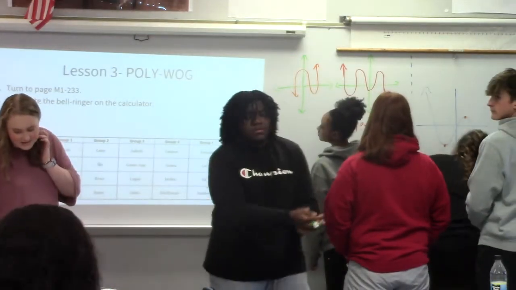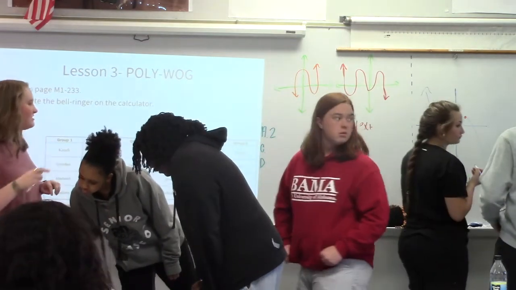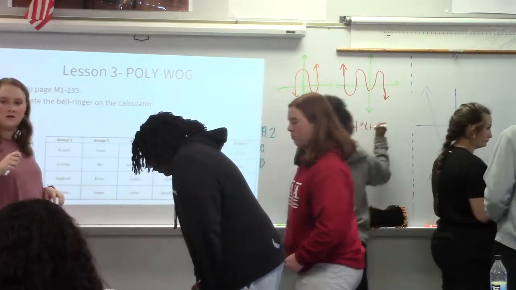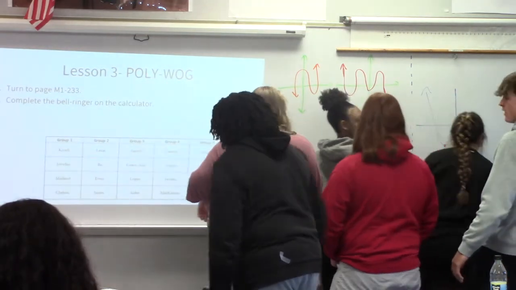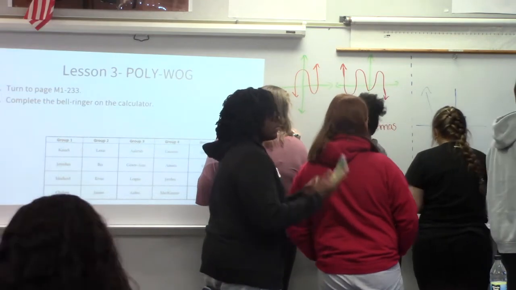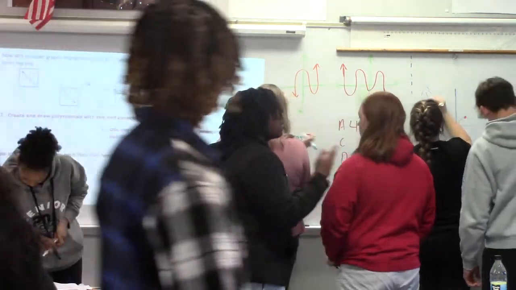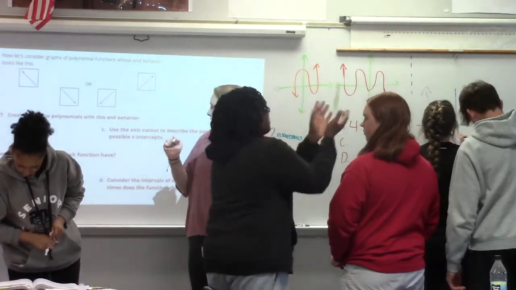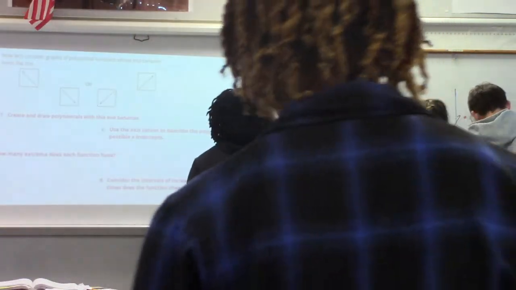Use the axis to describe the polynomial number of possible. You're with that group. It was on the board when you walked in, Jordan. You are with group 5, over there. A, C, and D. Oh, I'm sorry, dude. Use the axis to describe the polynomial number of